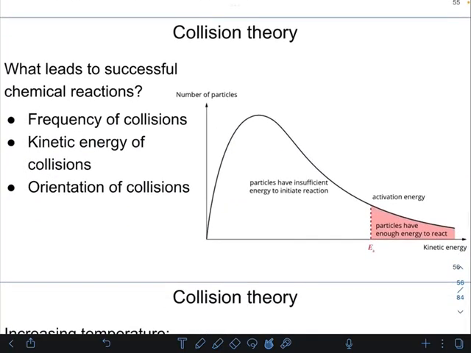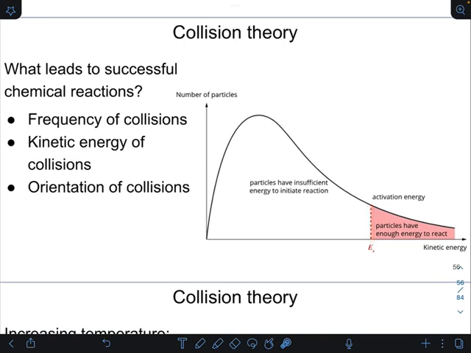All right, today we're going to talk about collision theory and some ways to affect the rate of a reaction. So what you can see on the right-hand side is an energy distribution of molecules with different energies. We saw this when we were doing temperature of gases and how when you heat up a gas, the distribution shifts to the right. So something important to note here that we're going to talk about is activation energy, which